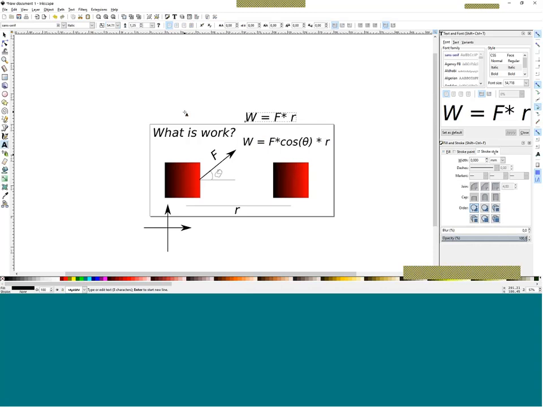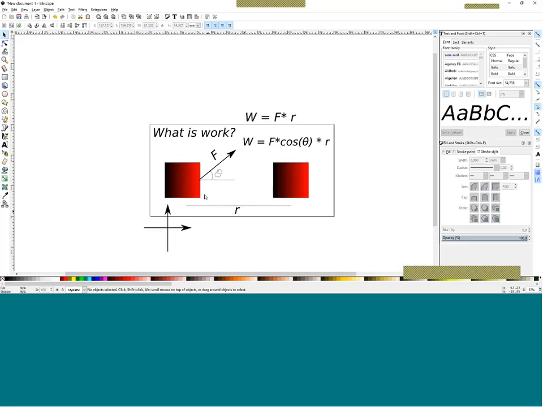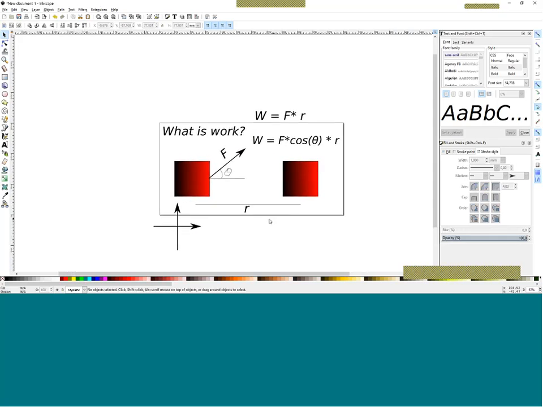There's more than one way of looking at it, but yes, I also like 90 is equal to 0. Not bad. But we have this force sliding in a direction like this. But if I have my system already defined this way, then I have to keep that. So it's not simple to say F times cos theta. But always keep in mind it's down to how you define your axes.